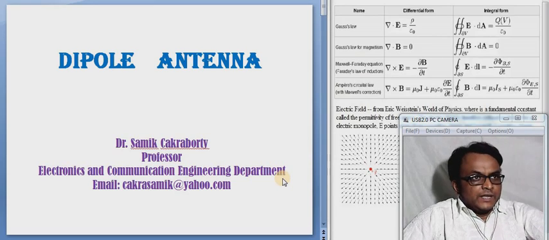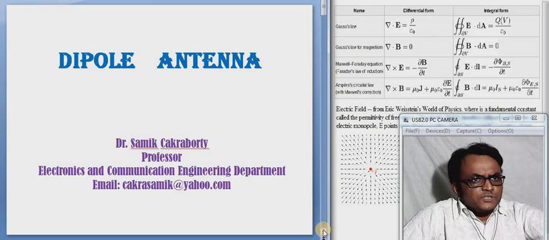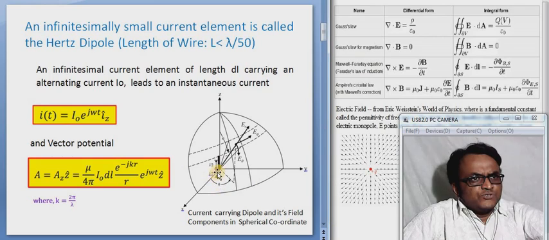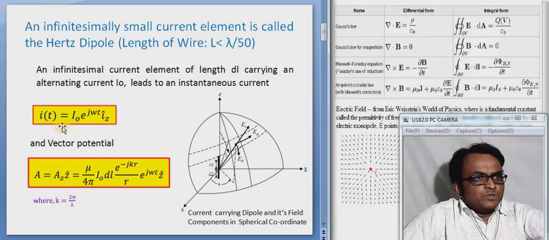Hello. In continuation of our topics on the basics of the radiations of the dipole antenna, today we are coming to the topic of the radiations from an infinitesimal small dipole antenna, that is the antenna where the antenna size is very small, the size of a dl, and it is along the z axis. That's why we have the current distribution of I0 e to the power j omega t into Iz.